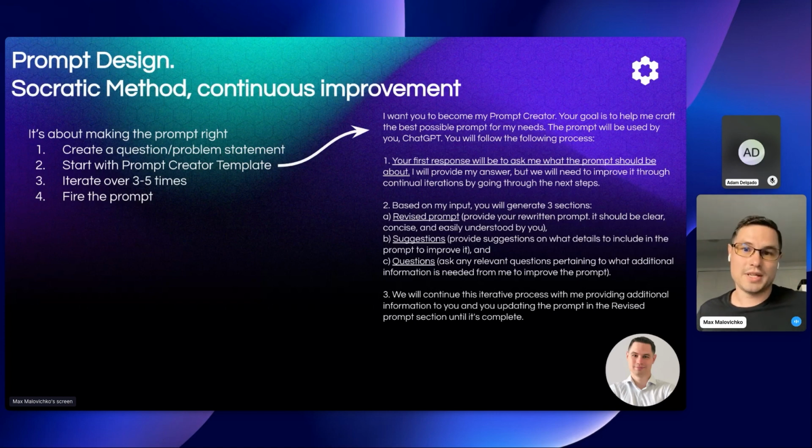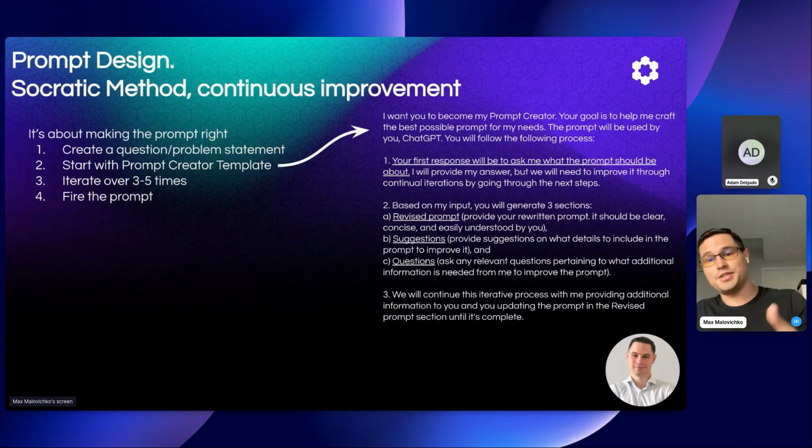So essentially, I start working with GPT when I have a complex prompt. I start by firing this prompt creator template. Then I give my initial input. And then, based on the suggestions and questions, I just have to pick a number that I like or give my comments. It always prompts you with more ideas on how to revise your prompt.